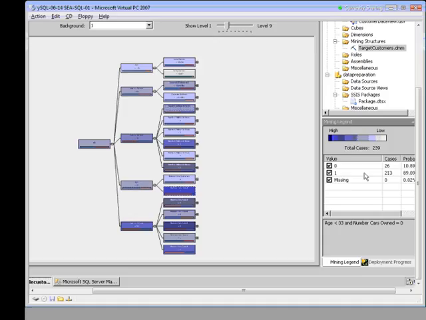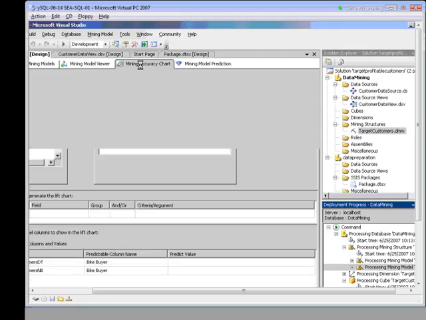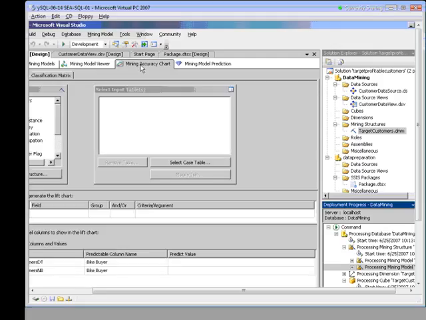We have two models that we have explored and attempted to understand the mining algorithm results. Now we can compare these two different models for the best result. Let's take a look at our mining accuracy charts. To do this, we go into the Mining Accuracy Chart tab to get the results.